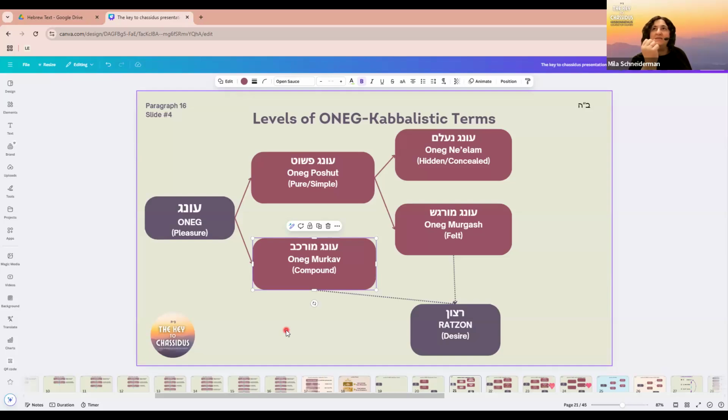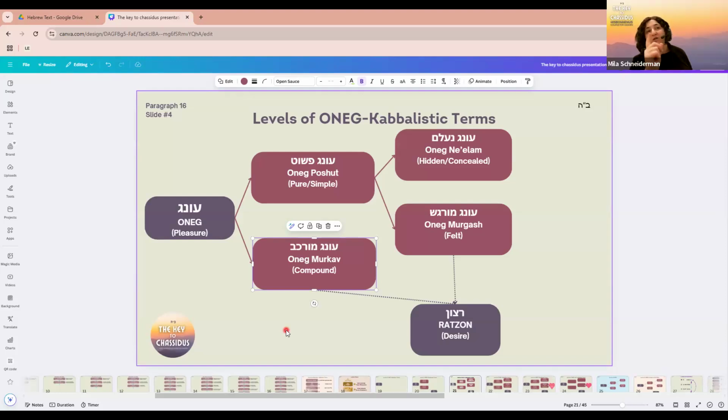Yeah, I will comment on that, because the word for capacity that they use in Ma'amarim is called hayuli. But here he's not using this expression, and he also uses the word murgash. At that moment, it's murgash, it's felt. Once it comes out, it's murgash. There's no longer a capacity for it.